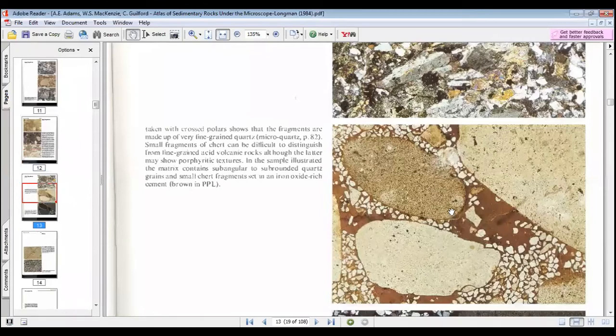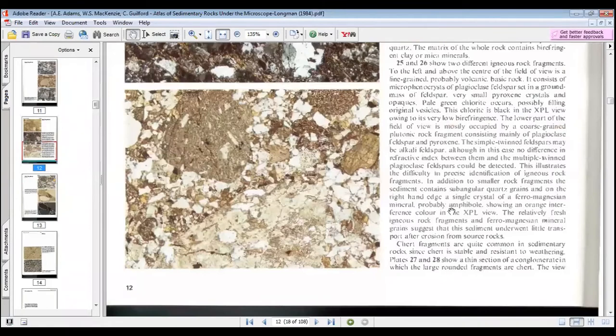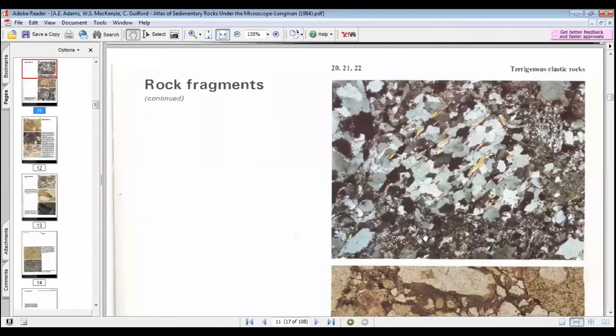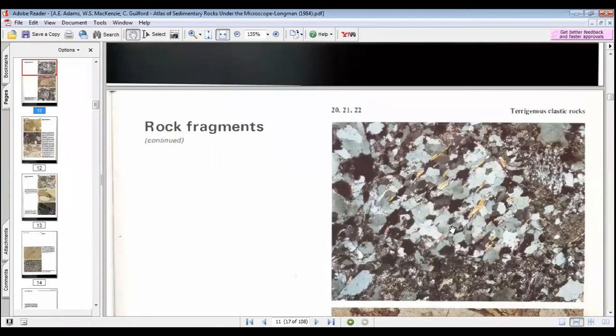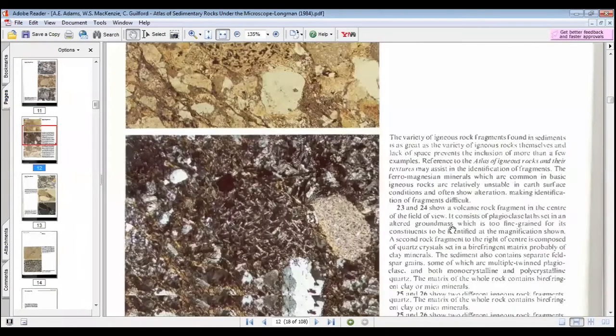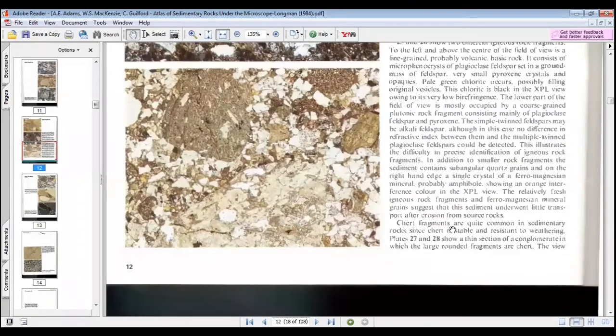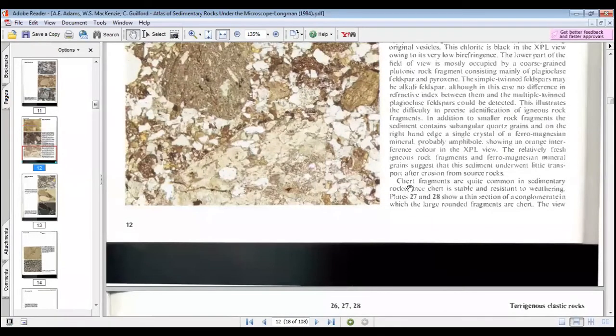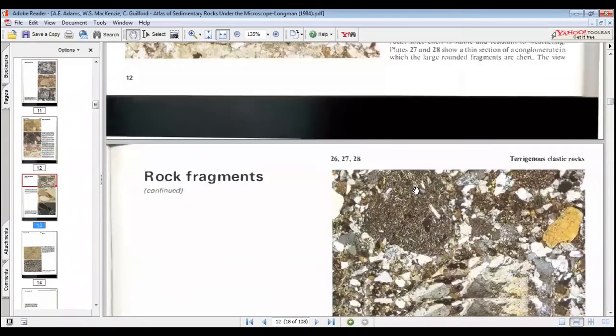Yesterday we were doing the rock fragments, and we saw some volcanic fragments, some already existing sandstone fragments, and already existing metamorphic fragments here. These were things that we discussed yesterday. Today we continue, and we see there are some fragments that are coming from already existing sedimentary rock. These are the chert fragments. Chert is very fine grained quartz.